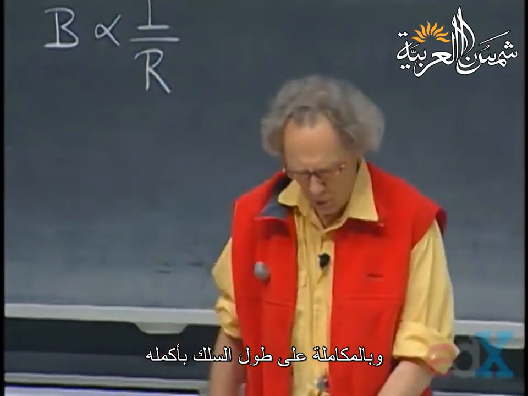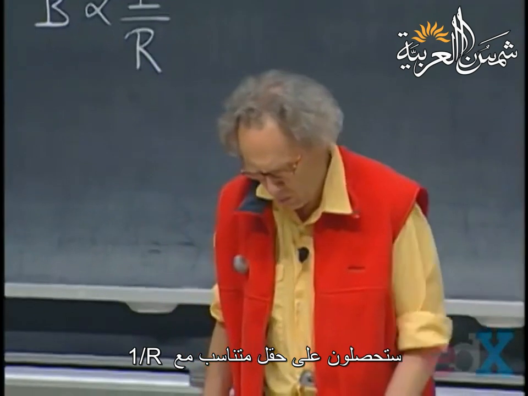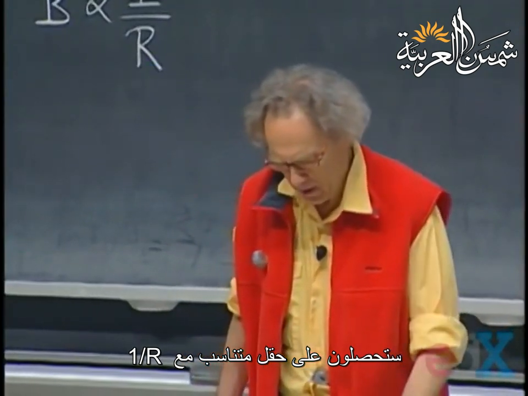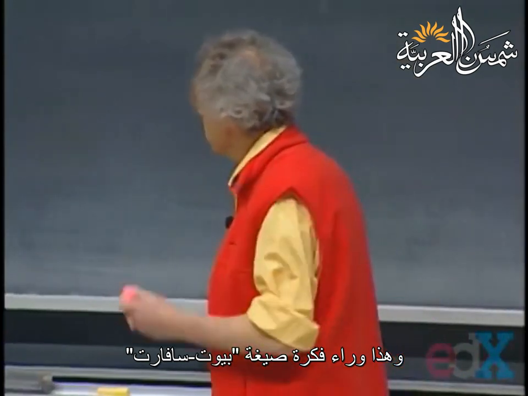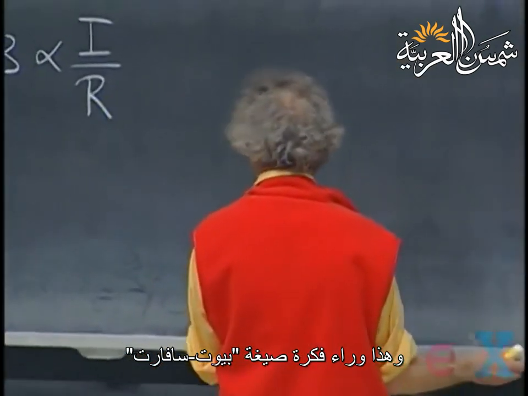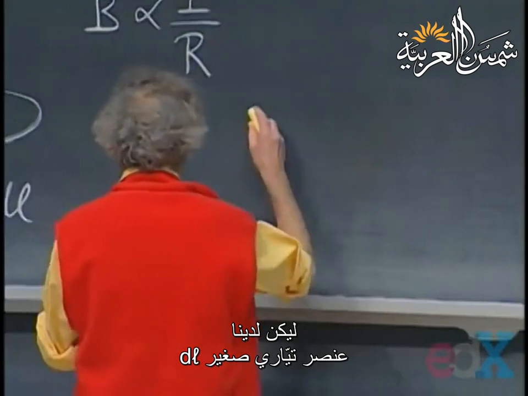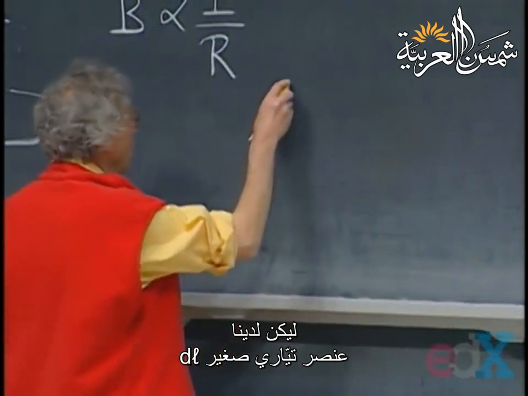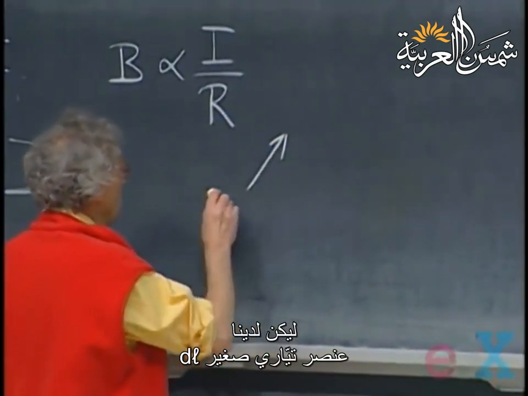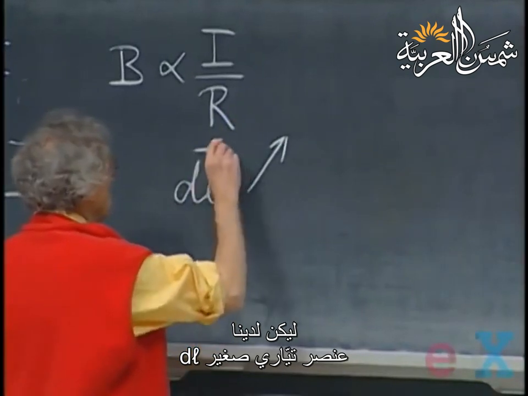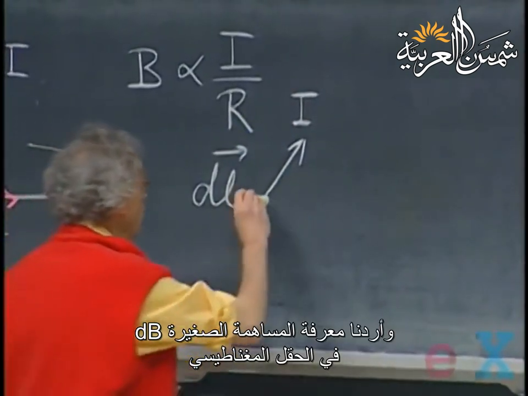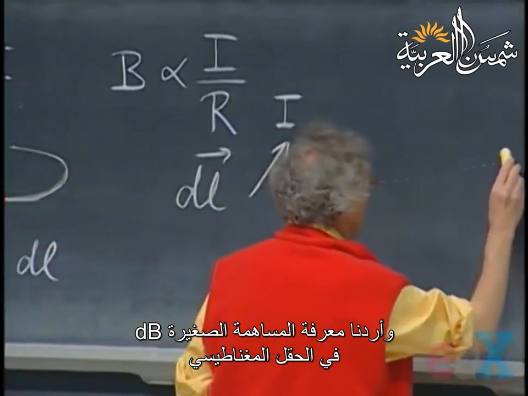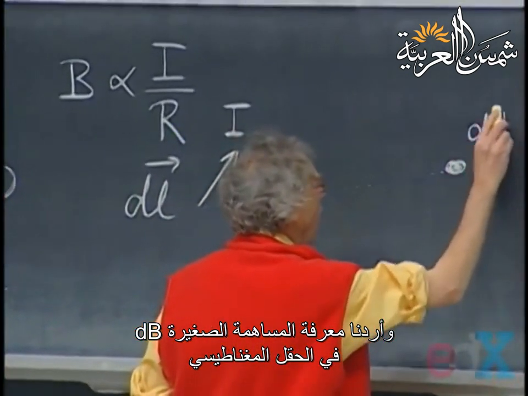And by integrating out over the whole wire, you then get the 1 over r field. And this is behind the idea of the formalism by Biot and Savart, who introduced the idea that if you have a little current element, dl, and the current is in this direction, and you want to know what the magnetic field is,